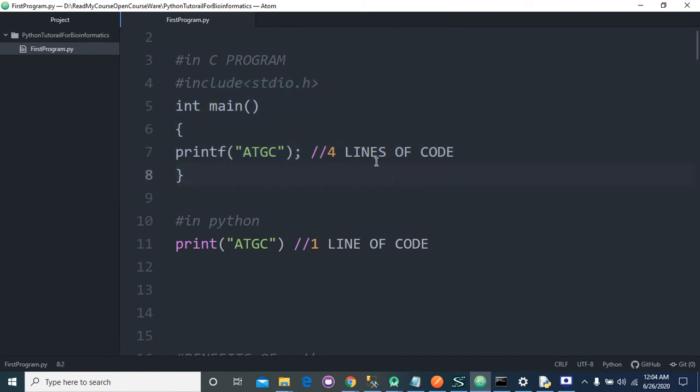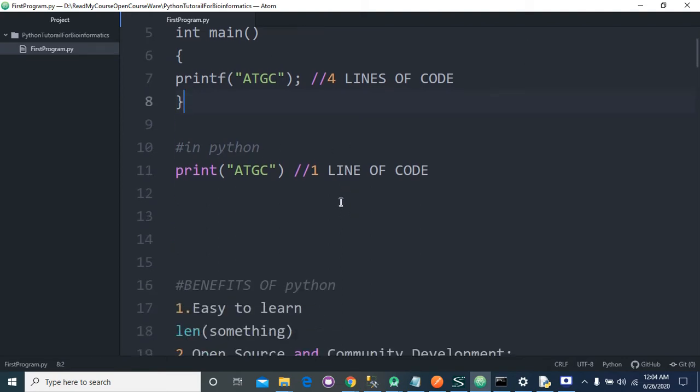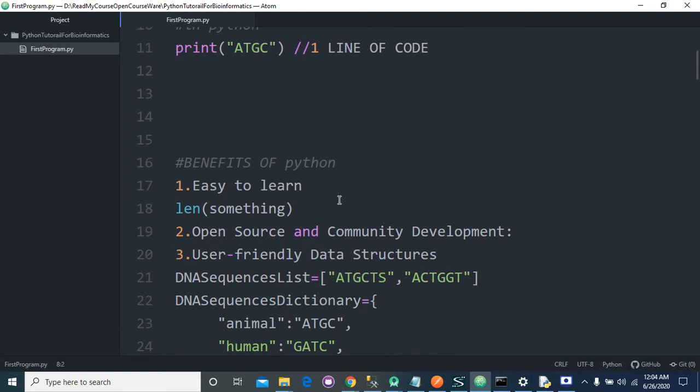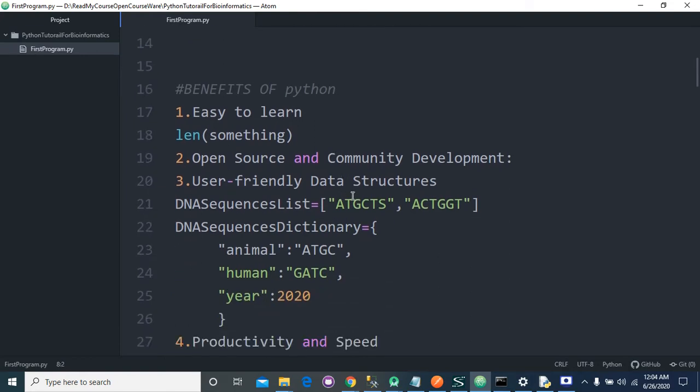You can see what advantage Python brings. And there are lots more benefits. I will go through them one by one. First is easy to learn. Python is easy to learn because there is lots of syntax which is common across the whole programming language.